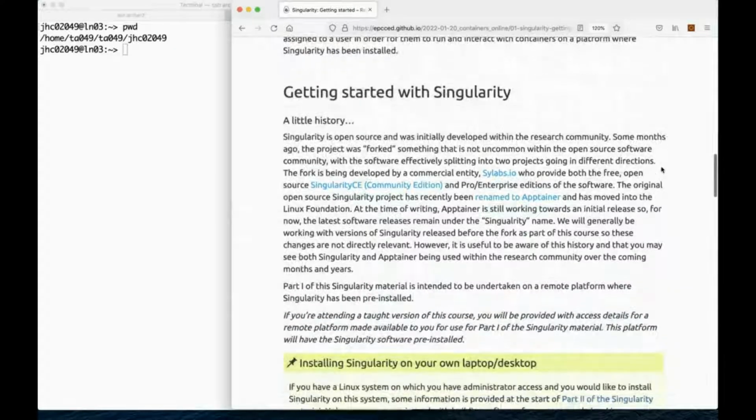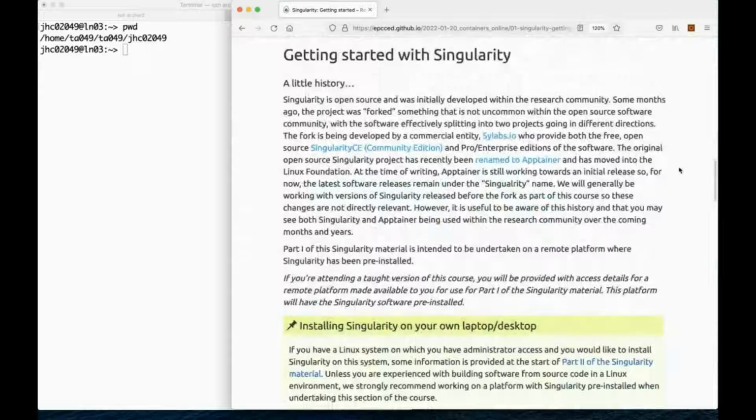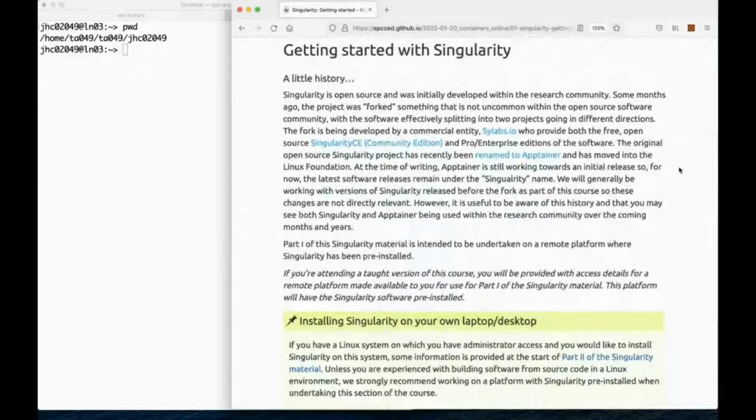So I thought it'd be useful to give you a little bit of background because, as I mentioned at the start, things are changing very frequently. This is an area where there's a lot of development. These tools are under constant development, and the functionality and the features of these tools are changing over time. So I wanted to give you just a little bit of background, also because there are some changes going on at the moment with Singularity, and you may see different names, and some of these things may become clearer over time. But it will hopefully make things easier for you to understand if you start working with these tools more